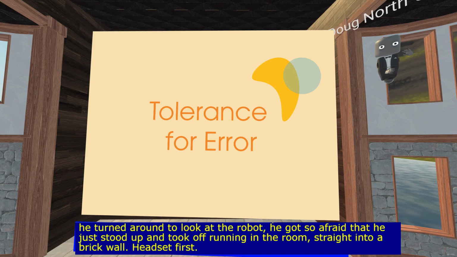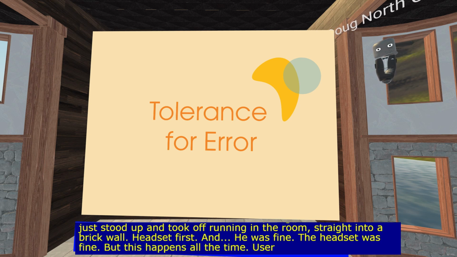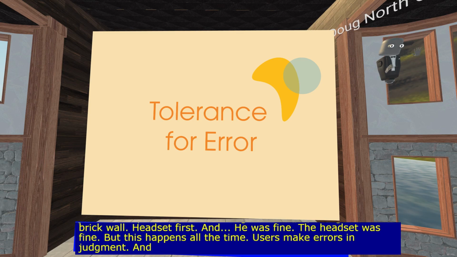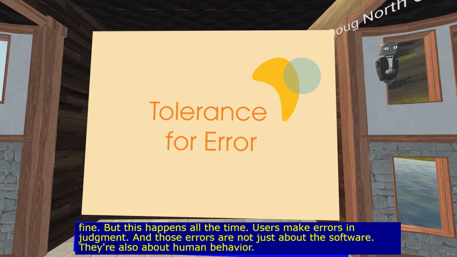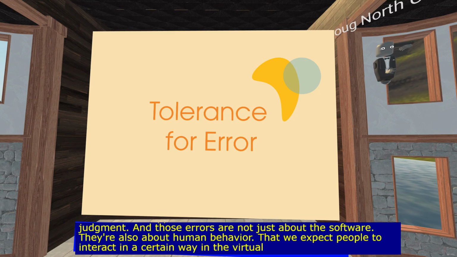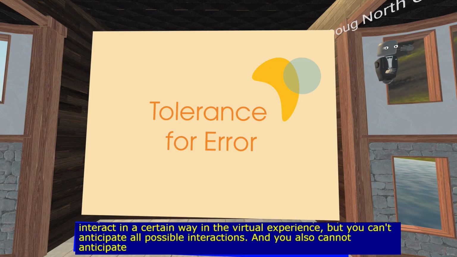And he was fine. The headset was fine. But this happens all the time. Users make errors in judgment, and those errors are not just about the software, they're also about human behavior. We expect people to interact in a certain way in the virtual experience, but you can't anticipate all possible interactions, and you also cannot